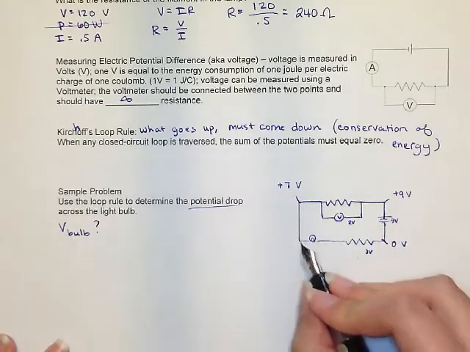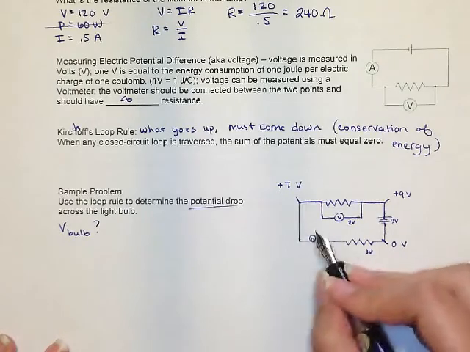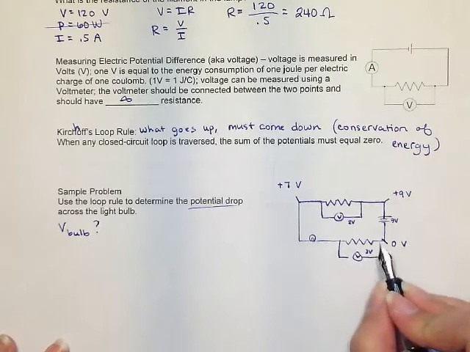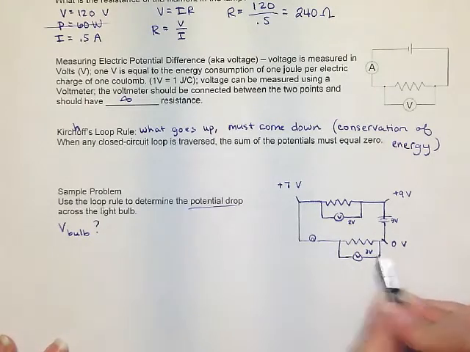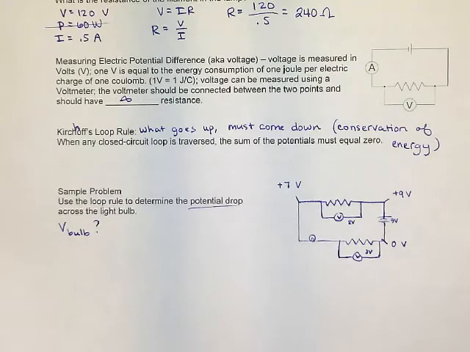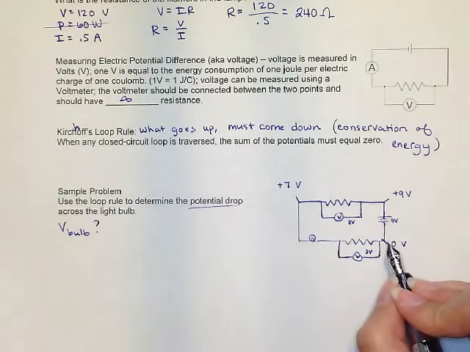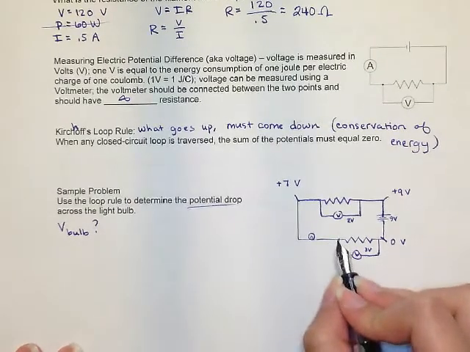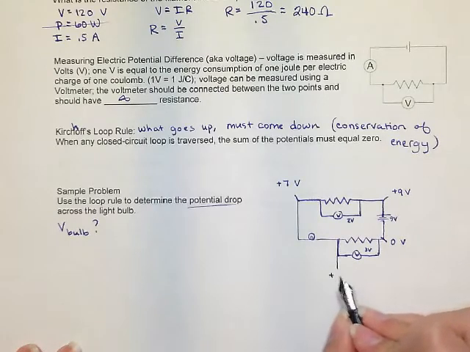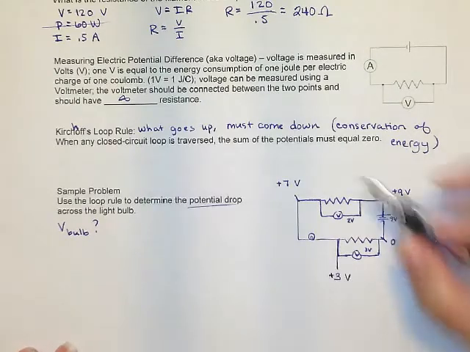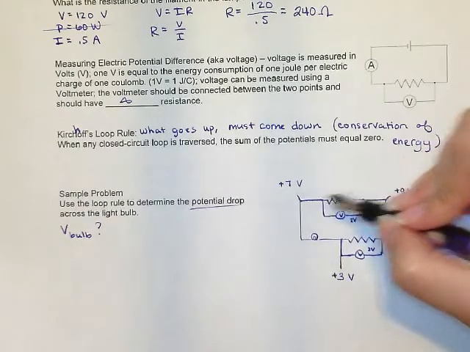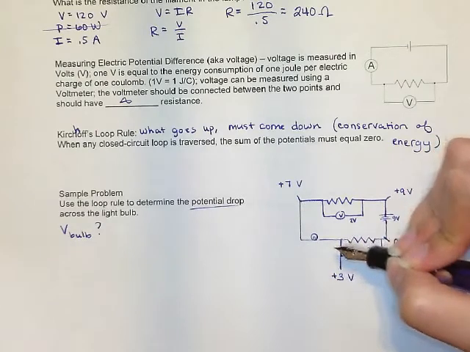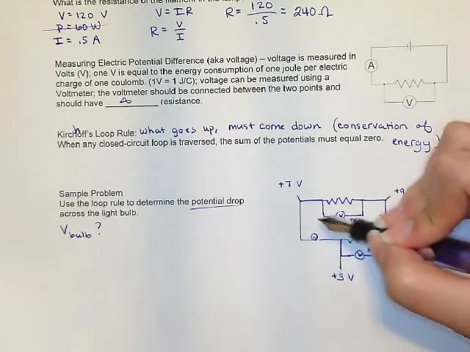And then I travel through the bulb, and I lose some amount of voltage as I travel through it. Then I travel through one more resistor, and my voltmeter says that I drop 3, so that I end up with 0. So that means that right here, my voltage must have been plus 3 volts. Take a look: just after I leave the first resistor and travel through the light bulb, I end up with 3 volts, that must mean that this light bulb